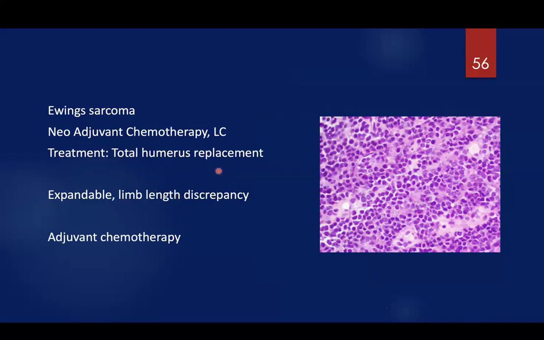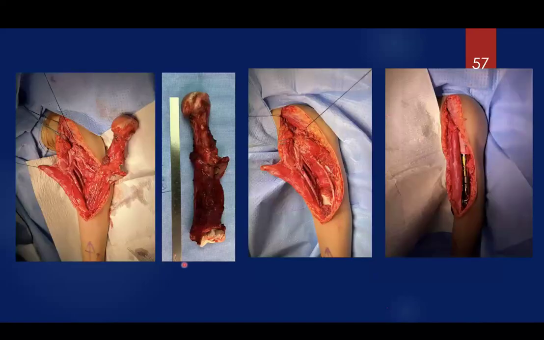We did the total humerus replacement in a 5 years old, which looks weird, expandable because we were afraid of limb length discrepancy, and adjuvant chemotherapy. This is her standard surgery. It's an anterior deltopectoral approach where all the neurovascular bundle is dissected. There's a radial nerve, this median and radial, this is ulnar, and this is brachial artery, and here and here